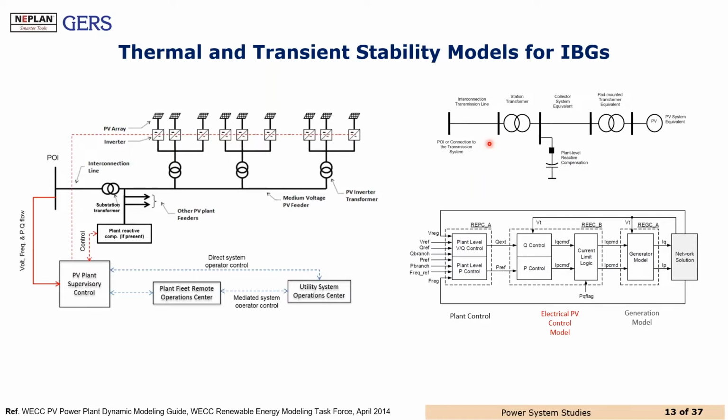This reference is more oriented to provide generic models. And the generic models can be useful in some specific cases where the generic model is acceptable. And that is a specification that shall be considered on the grid code compliance. And it will depend on whether the model is providing accurate results on the dynamic response of the real system. And it also opens different opportunities to create the model if the information from the manufacturers is not available.